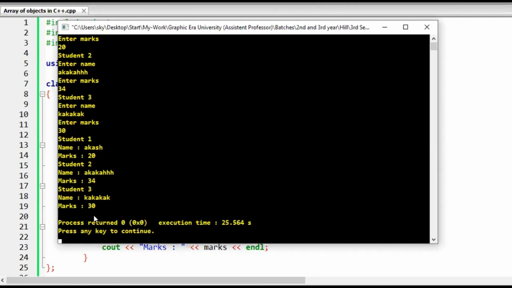So instead of storing an integer, float, or character, we are storing our own objects, customized objects. We are not dependent on the compiler or the language. We can create our own classes, and if we can create our own classes, we can create our own objects and work through them. This is one of the major advantages of using C++, that you can customize your own objects. You can write anything you want which is meaningful, definitely. And this is how we can operate with an array of objects.